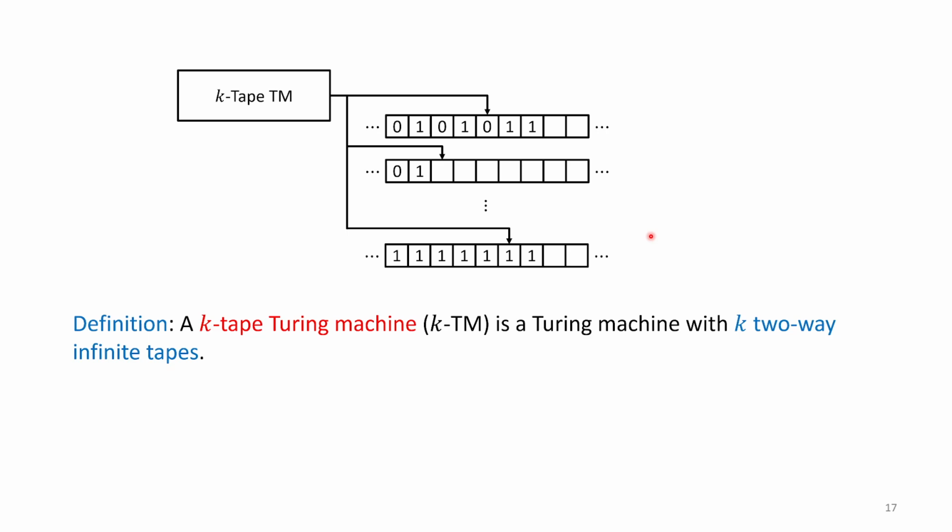And let's also imagine how these K-tape Turing machines might operate. They're a little bit different. I'm not going to give you the formal definition of a K-tape Turing machine. Instead, maybe I'll leave that as an exercise. It's pretty easy to manipulate the normal definition of a Turing machine to come up with a Turing machine with K tapes. The only difference is we're going to have more than one tape,